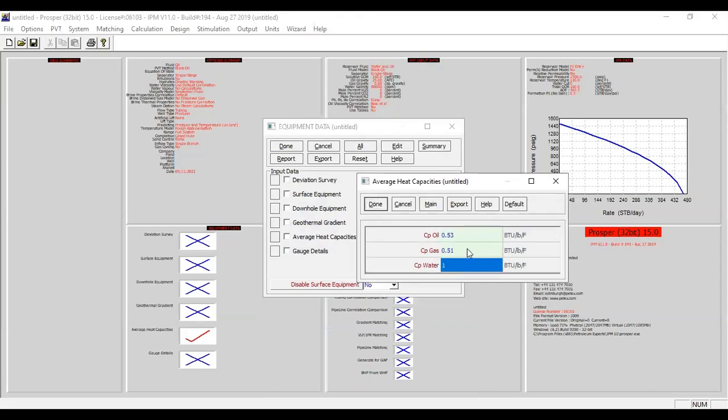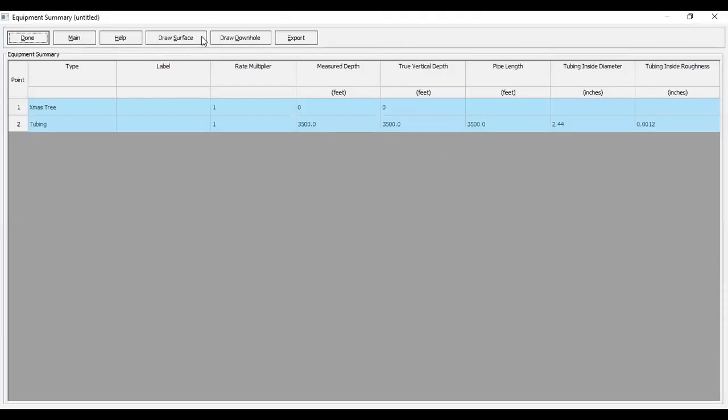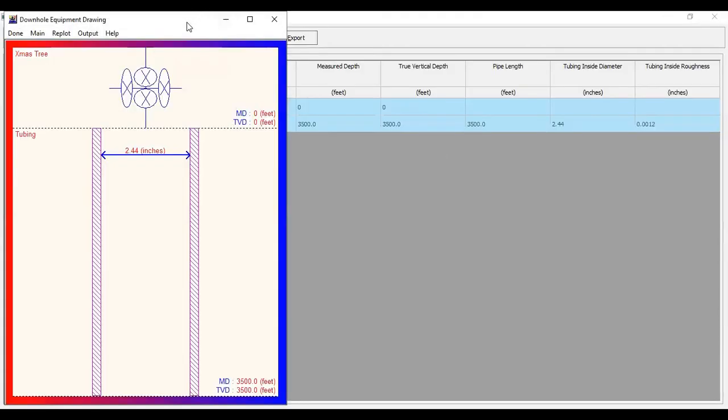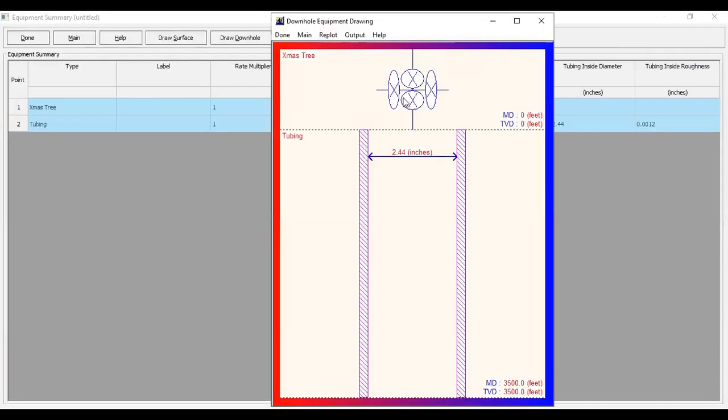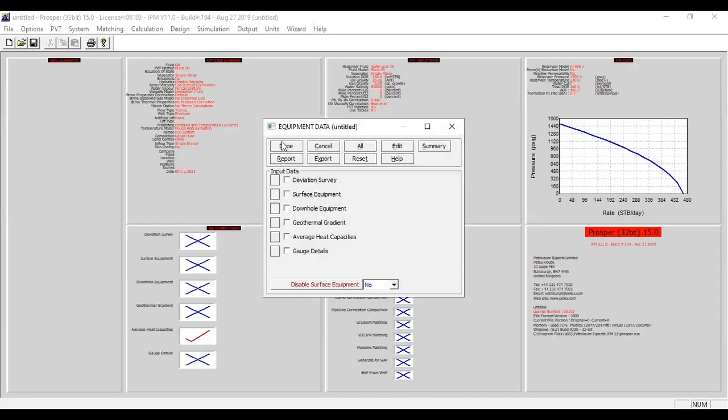We can use the default numbers for the oil, gas, and water. Click done. We can check the summary, downhole equipment. This is the schematic of our well, starting from the Christmas tree and the tubing. Very simple. Click done, click done, click done.